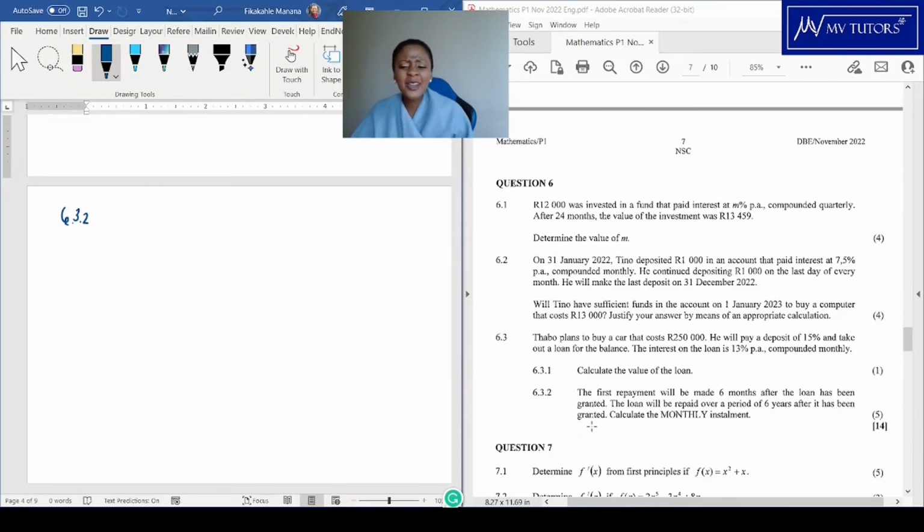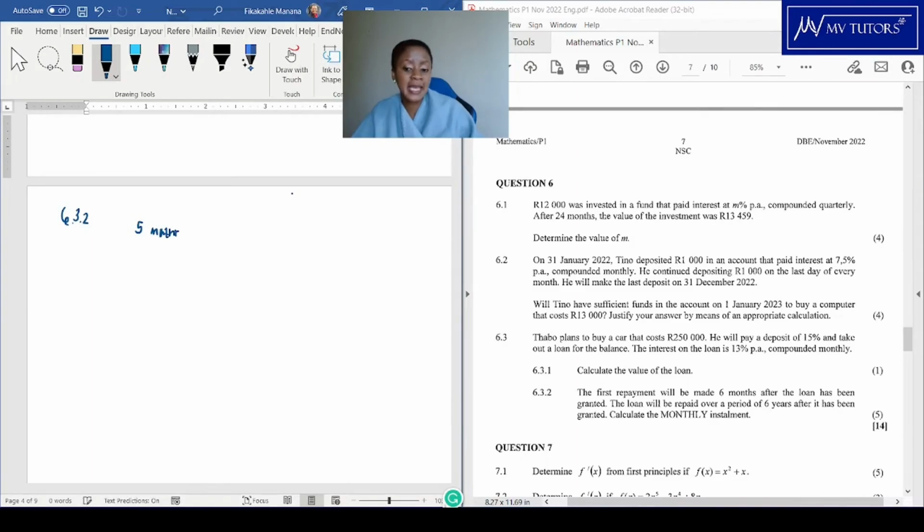So they say, you can start paying after 6 months. It's okay. It's not frozen. It's still accumulating interest. Okay. So the first repayment will be made 6 months after the loan has been granted. The loan will be repaid over a period of 6 years after it has been granted. Calculate the monthly installment. So if the first repayment is made 6 months after, it means for 5 months